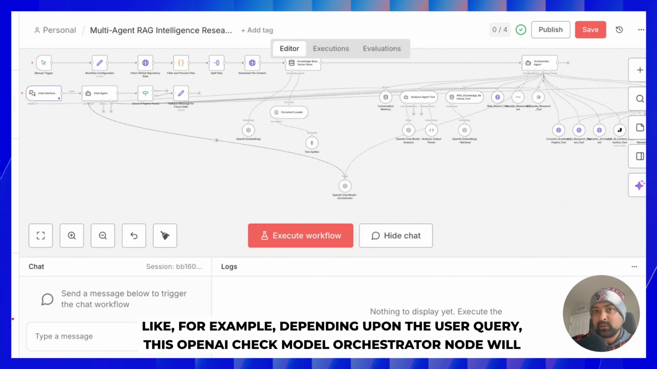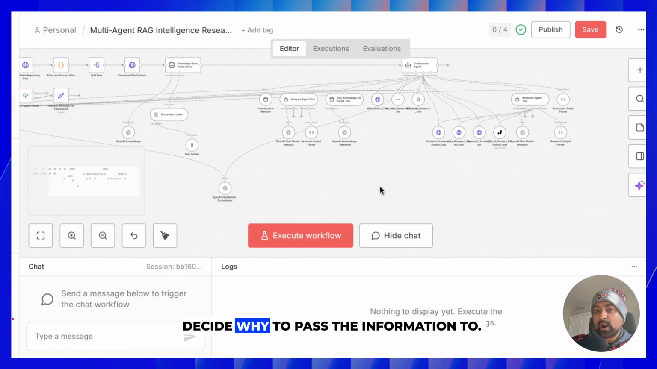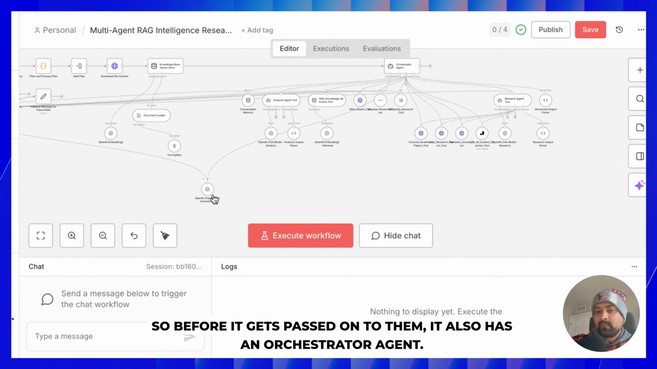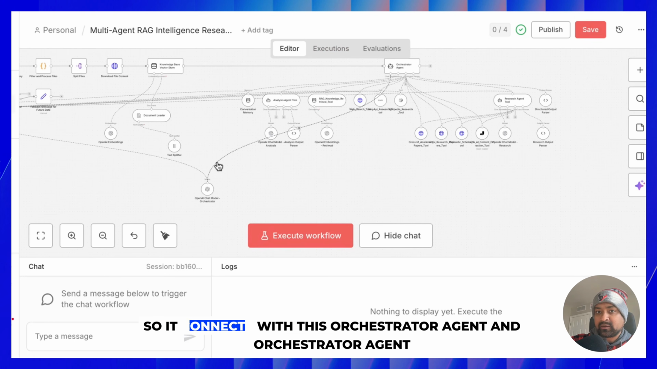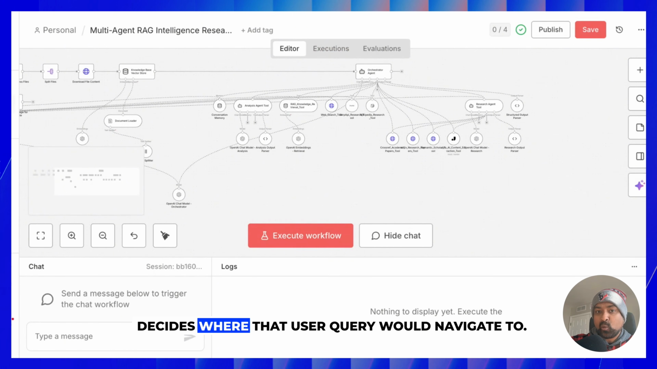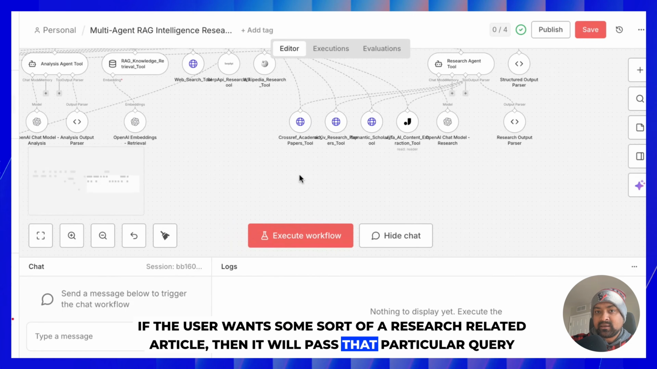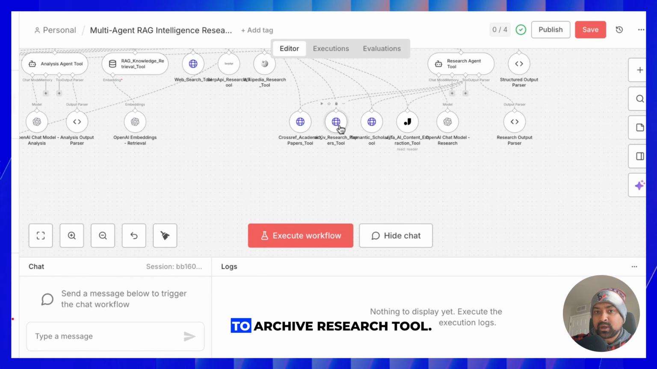For example, depending upon the user query, this OpenAI chat model orchestrator node will decide where to pass the information to. Before it gets passed on, it also has an orchestrator agent. So it connects with this orchestrator agent, and the orchestrator agent decides where that user query would navigate to. If the user wants some sort of research-related article, then it will pass that particular query to the arXiv research